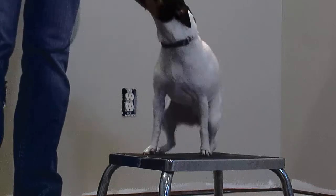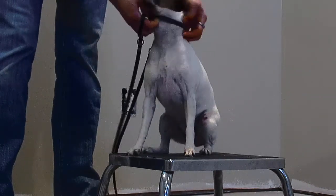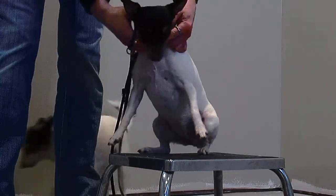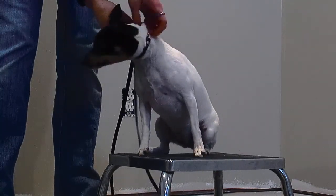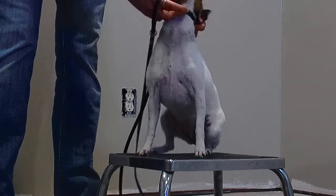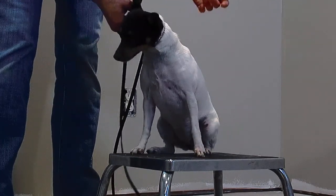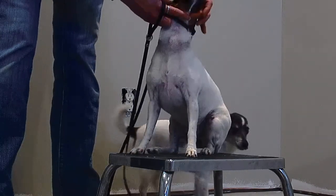Okay. So one of the big things, I picked her first, because one of the big things you want to do in your handling is look for any dental pathologies that could be causing pain. First of all, if you have a dog with a lot of tartar buildup and toothbrushing is getting you a lot of blood, or the dog doesn't really want its mouth handled, look for a medical cause. Don't just start slamming on the dog because it's not tolerant. So first of all, this dog,